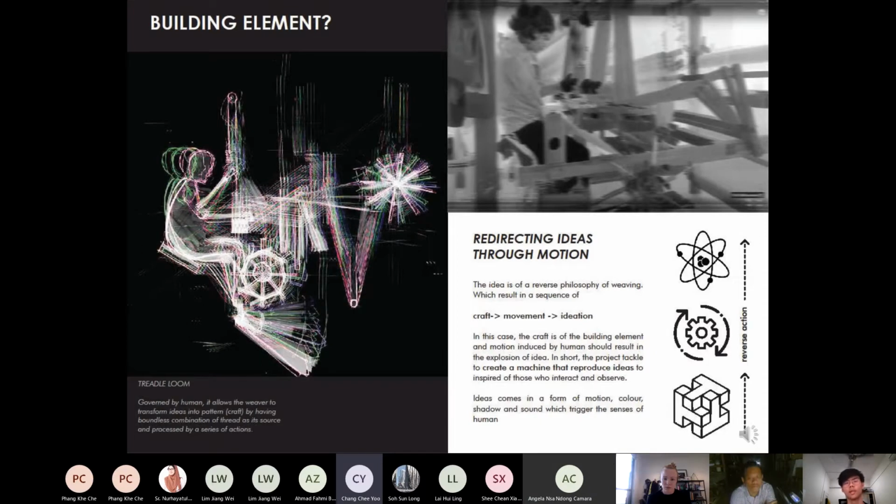However, when I look into the building elements, I try to work in a reverse action of my philosophy earlier, which is the building elements as an object that can inspire people in a form of idea.